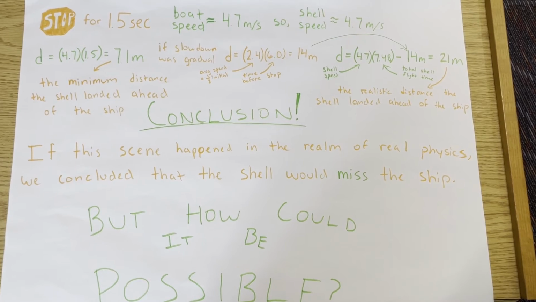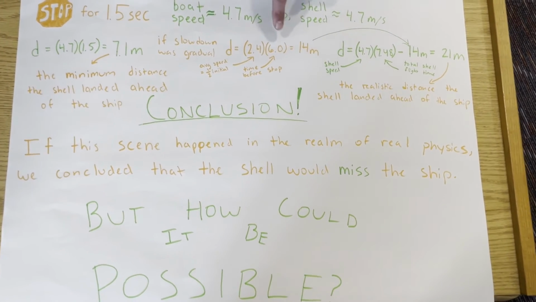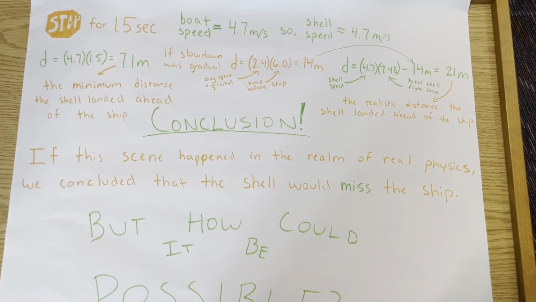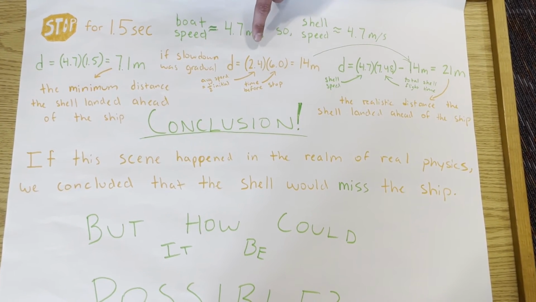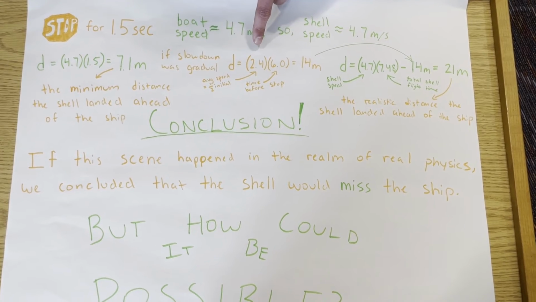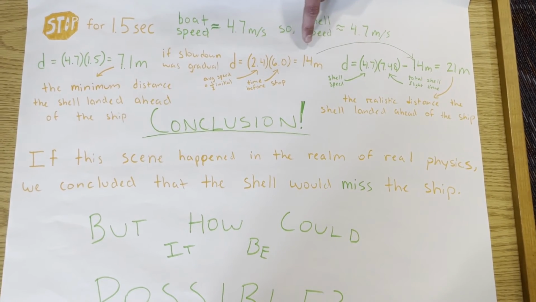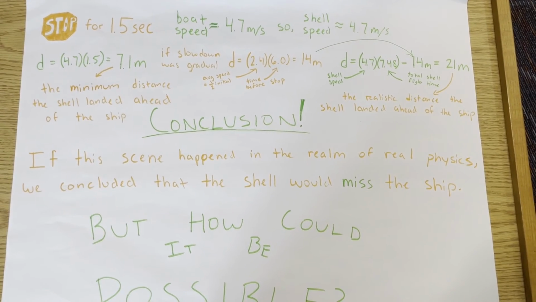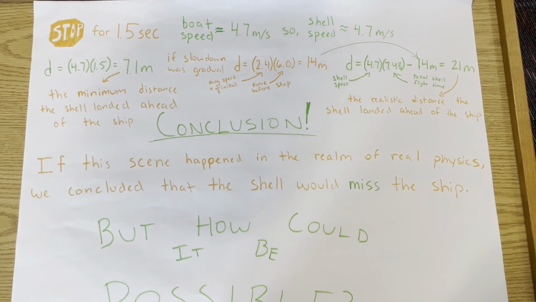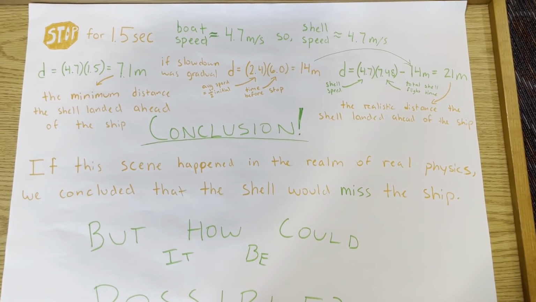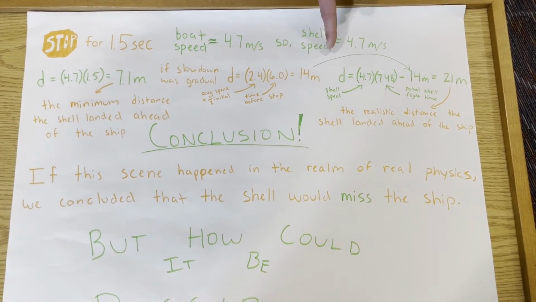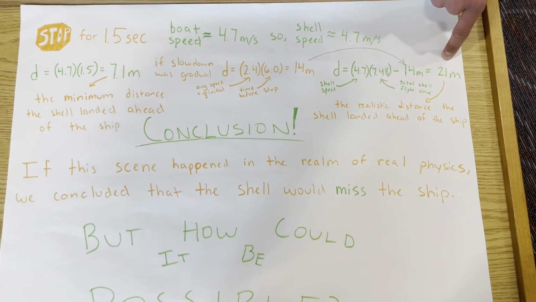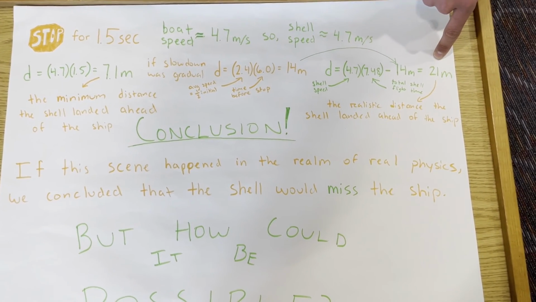And because of that, best case scenario, the ship is probably slowing down for about 6 seconds. And with a gradual slowdown, we're going to use half of the initial speed to bring that out to 2.4 meters per second. And with that in mind, we can imagine that the ship will probably travel about 14 meters if it's slowing down gradually. And plugging numbers back in for the time and the speed of the shell, subtracting that 14 meters from it, we could estimate that the maximum distance that the shell probably traveled ahead of the ship is 21 meters, which